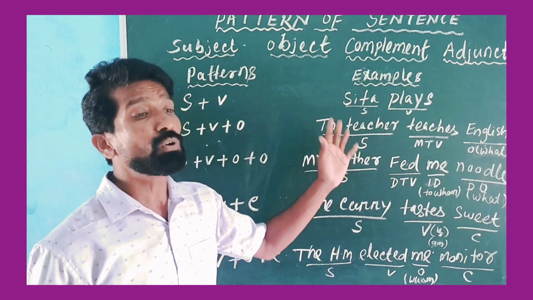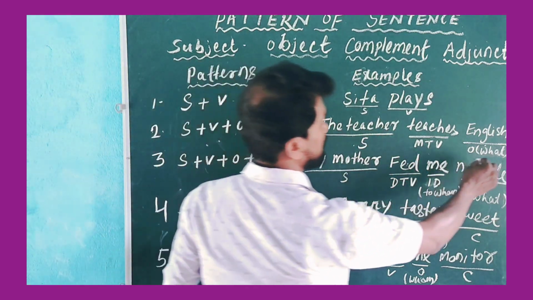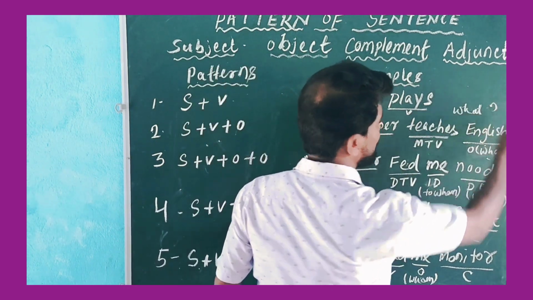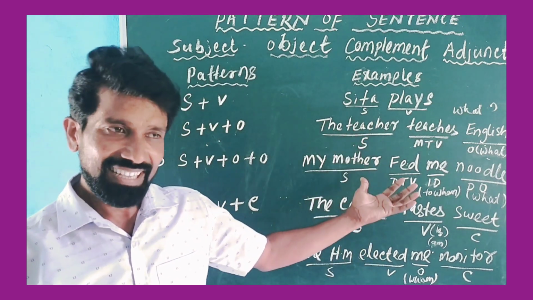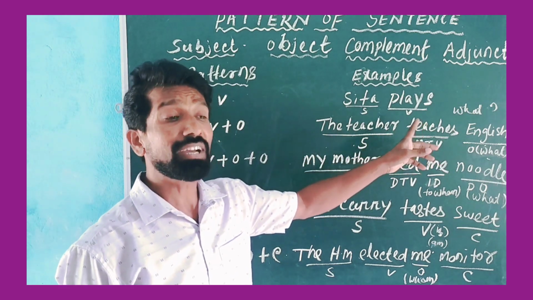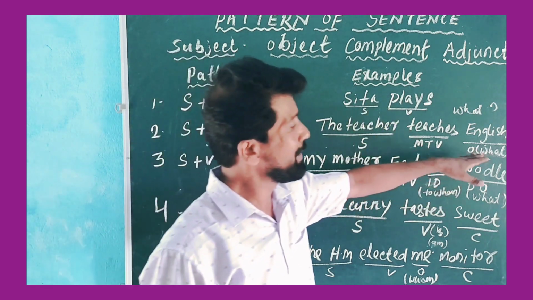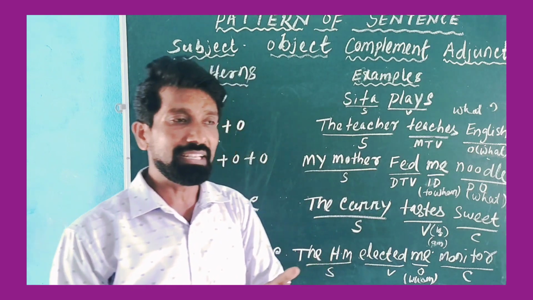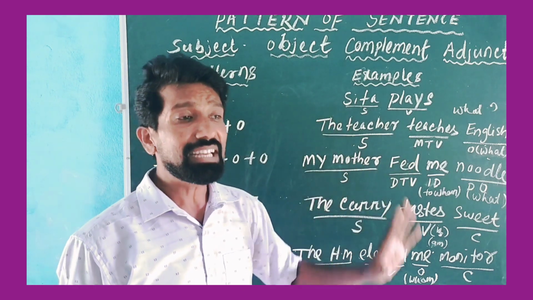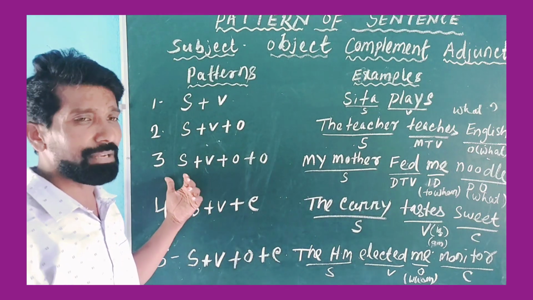You just ask a question to the verb. Suppose you ask the question, here I have written this: what? The teacher teaches what? You can ask the question what? The answer obviously comes: English. Do you understand? Suppose, what is the teacher teaches? You can also ask the question that way. The answer is English. Then here English is an object. So one formula is that you always ask a question to the verb. Then whatever answer comes is called object. Understand?